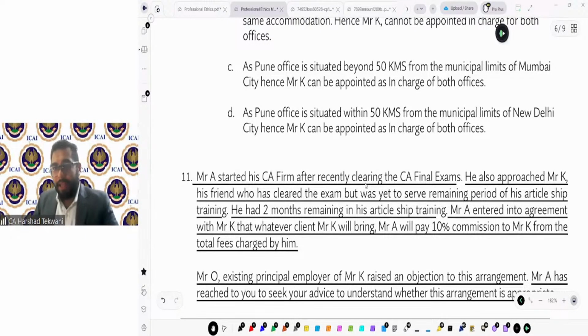If you say appropriate, then why? If not, then which clause are you referring to? Vanshika, I have your answer. That is absolutely correct. But the rest of you, which clause are you referring to if you are saying appropriate or not appropriate? If appropriate, then which clause? If not appropriate, then which clause? And if there are any exceptions you are referring to, then you need to specify that exception. Correct, Ravanan? So you need to mention that particular clause.